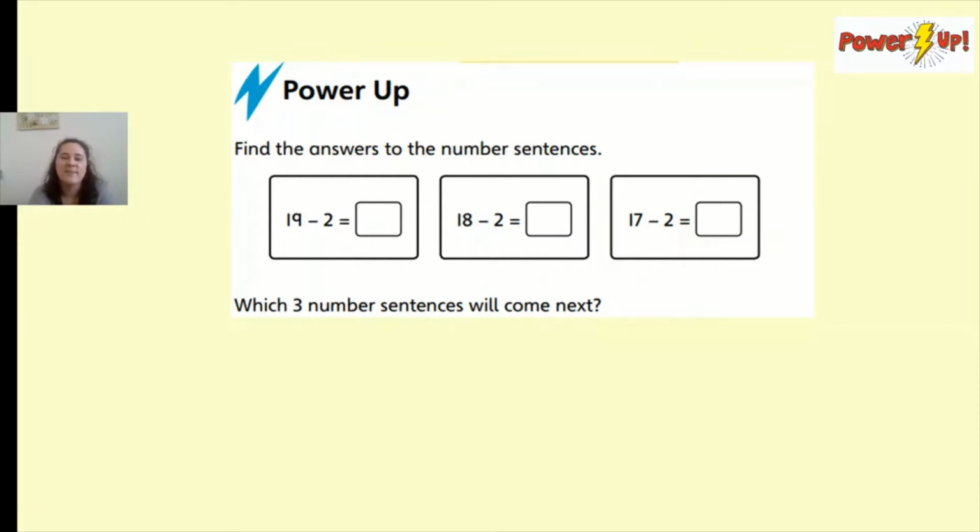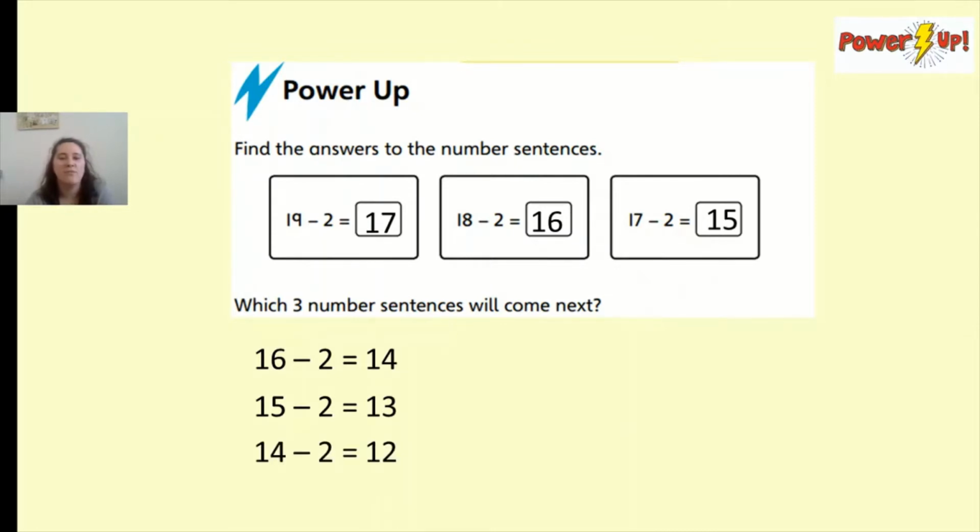Have you done that? Incredible. Let's go through the answers. So, 19 take away 2 is 17. Then 18 take away 2 is 16. And 17 take away 2 is 15. Those are the answers to these questions. Let's see if you spotted those three number sentences that would have come next. So you ready? 16 take away 2 is 14, 15 take away 2 is 13, and 14 take away 2